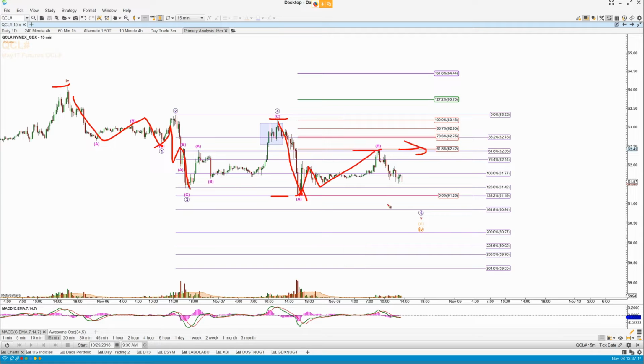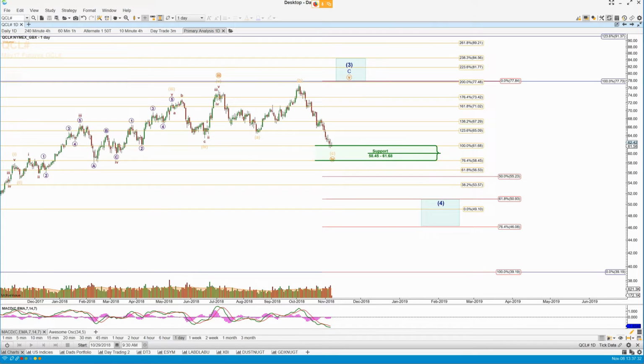I was looking for a last little squiggle down, didn't get it. But that's the A wave. A, B, C for the B wave this morning, right into the 618 retrace, picture perfect, and off we've come. So I'm just looking for it to come down to 60.84 ideally. It can come a bit below it, but I don't want to see too much below there to complete the